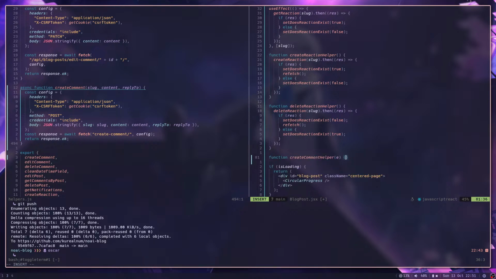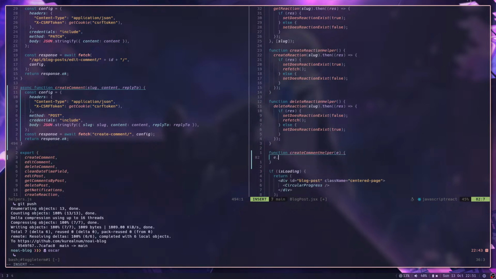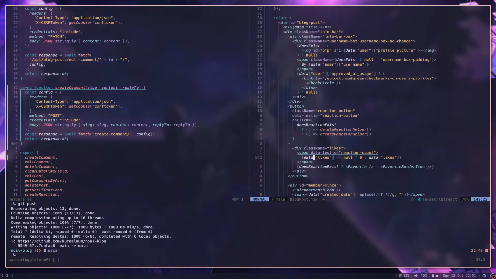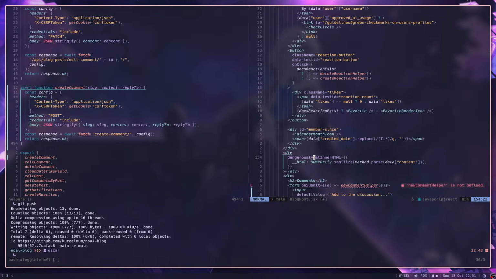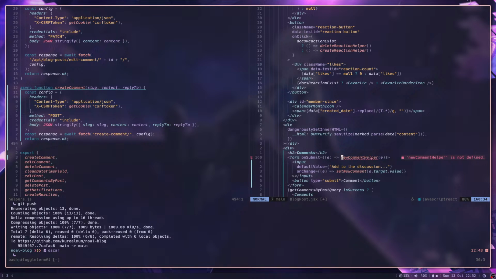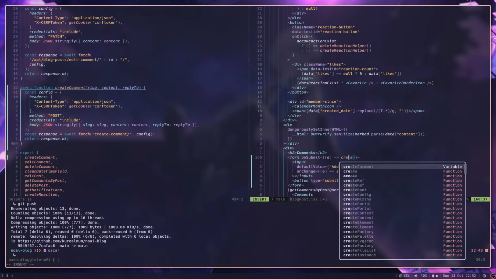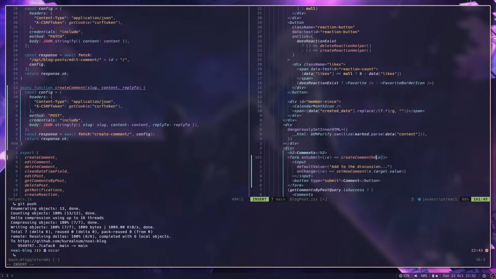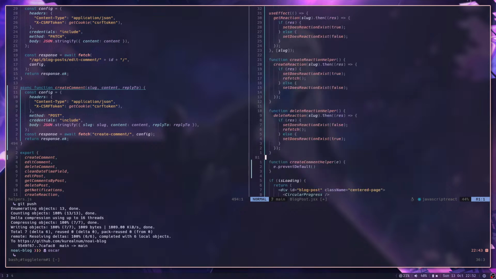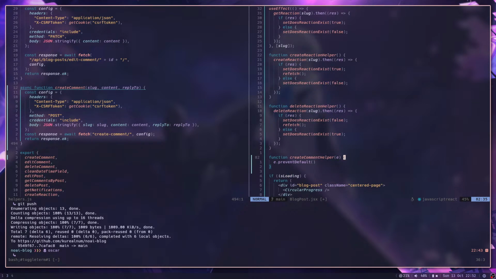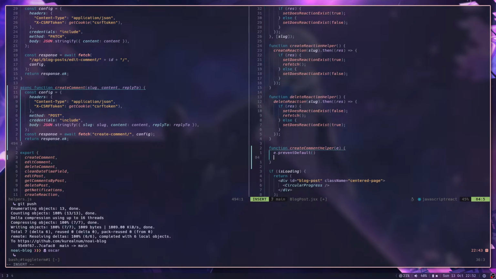Again, really just for semantics. And right off the bat, we want to do e.preventDefault. And then that should be create. We actually do need that, but still. Create comment helper, and then